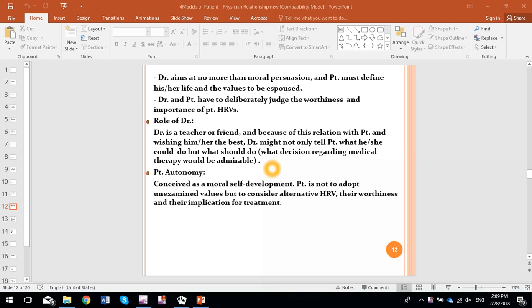What decision regarding medical therapy would be admirable? What is the role of patient autonomy here? Conceived as a moral self-development. Development means